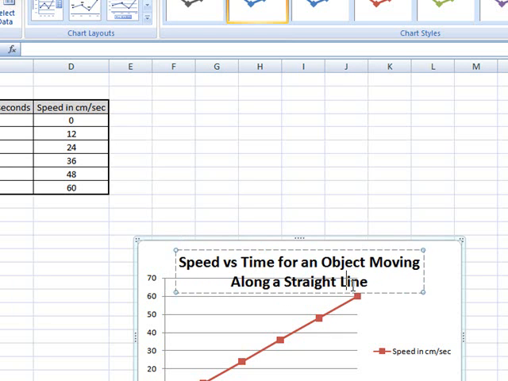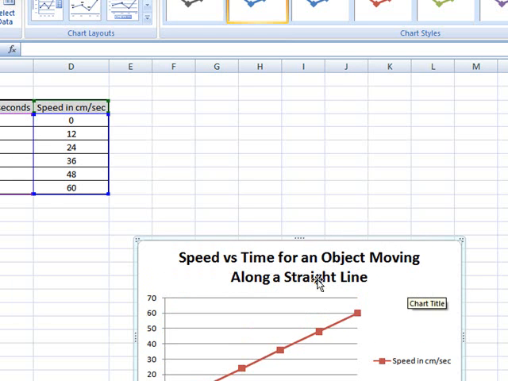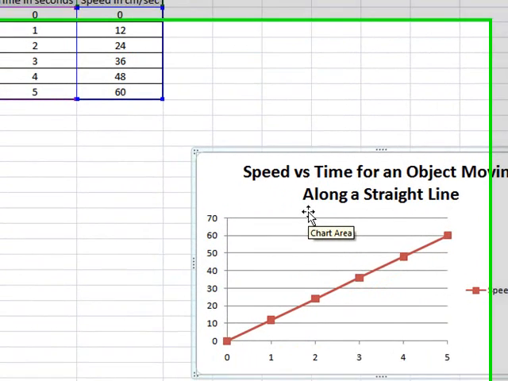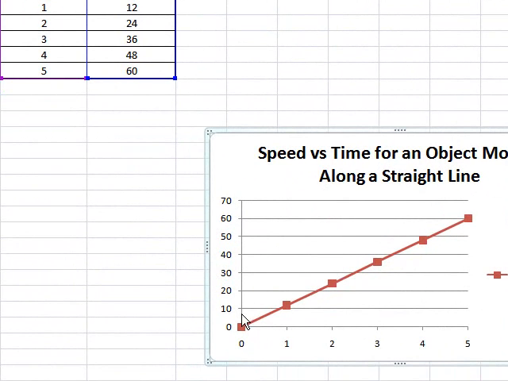Oops. Don't press Enter, just left click outside of the box. There's your new title. Now we need title boxes for the y-axis and the x-axis, your dependent and independent variable